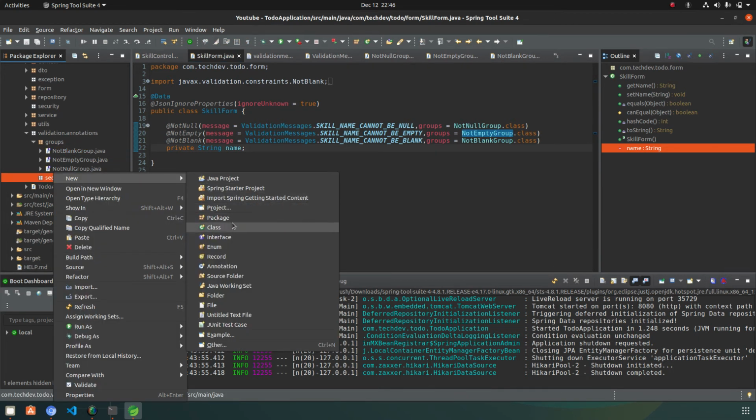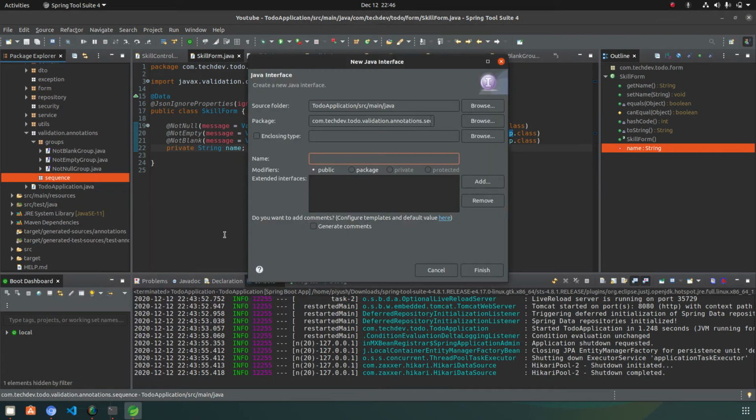The sequence should be in the sequence package, and give it the name ValidationSequence so that you can easily remember.